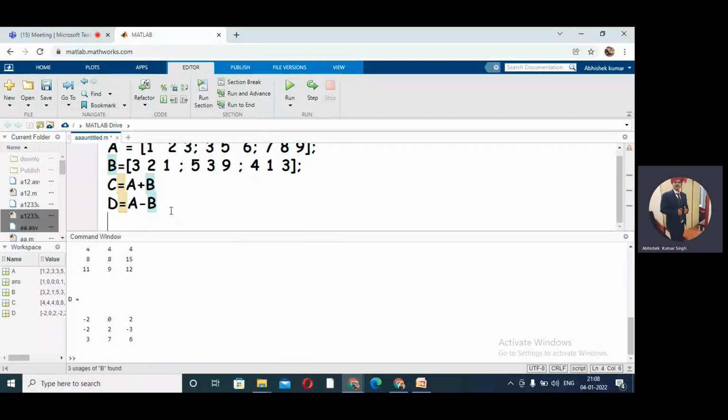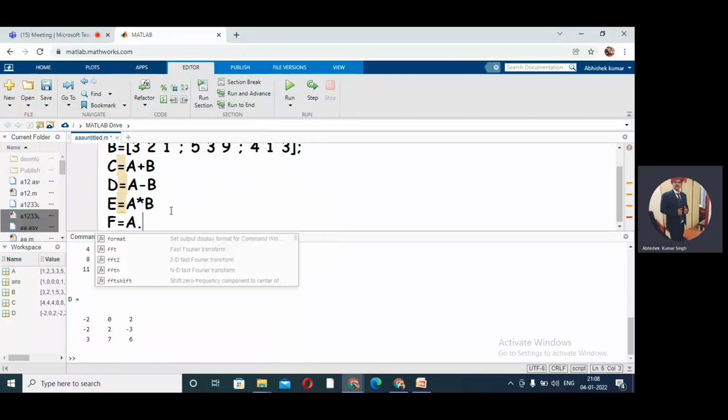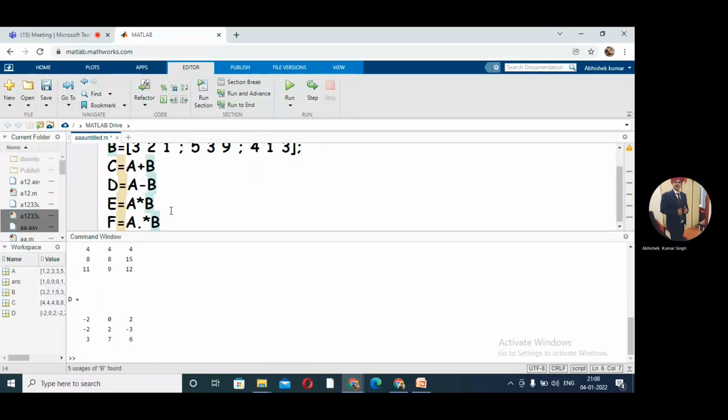Now we have matrix multiplication. You know matrix multiplication is valid for square matrices, and we have square matrices. So we can have E equal to A star B. So this is your usual matrix multiplication. If I have F equal to A dot star B, A dot star B, so this is your